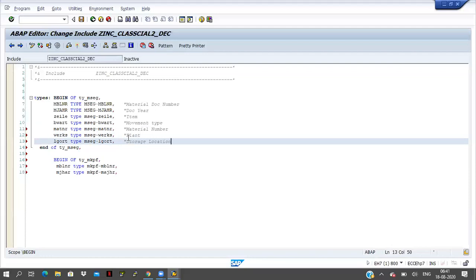Storage location is nothing but, in one plant, some one godown is there. So godown is nothing but the plant here. In that godown, I will divide the godown into some parts. In the first room, I will keep some raw materials only. In the second room, I will maintain finished products. In the third room I will maintain finished products only, but we have to check them. Once the product is completed, we have to check the quality.